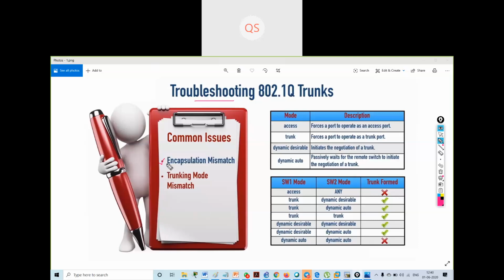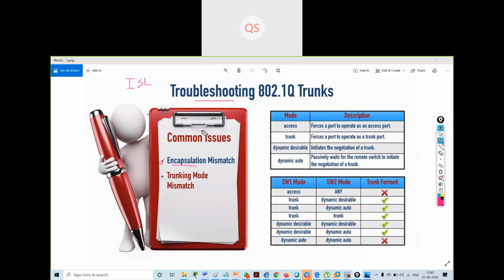One issue that we can face is encapsulation mismatch. Cisco's proprietary trunking protocol is ISL, Inter-Switch Link. ISL was very popular many years ago on Cisco devices.